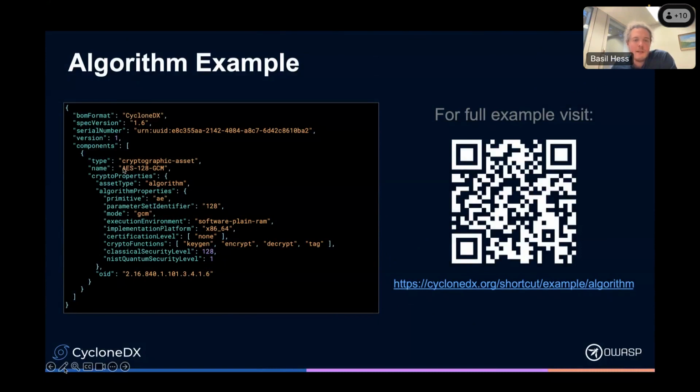So here we have AES-128 GCM, where in the algorithm properties, we capture the relevant information about it. Maybe one important thing here is the security level of the algorithm. So here we see the classical security level is 128 bits. And it also has a quantum security level where we can infer information about if this is quantum safe or not.